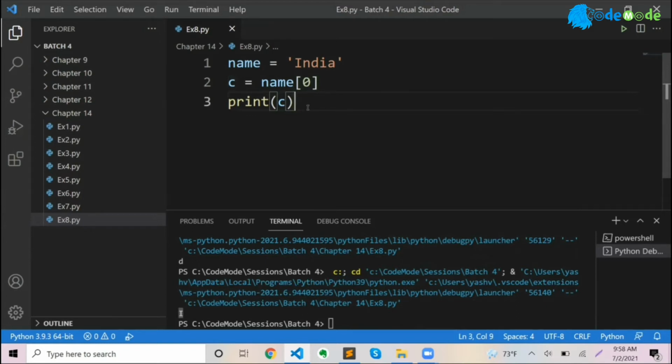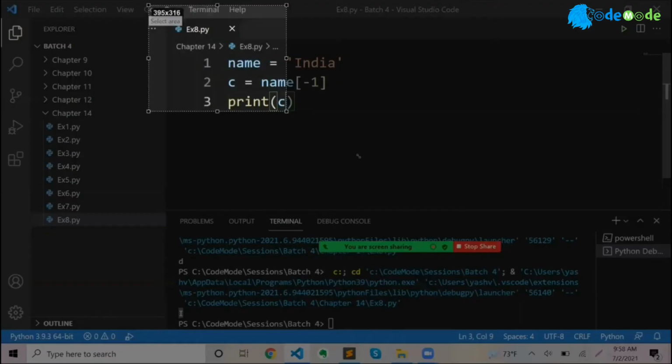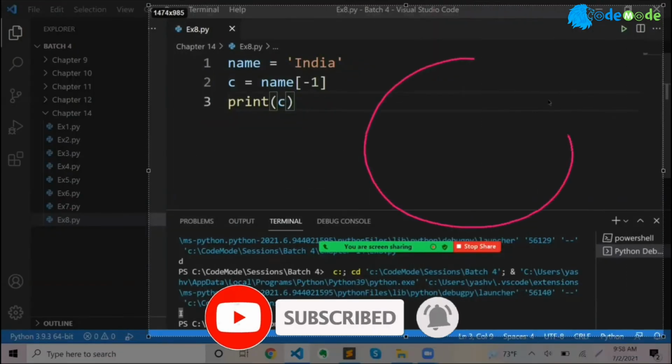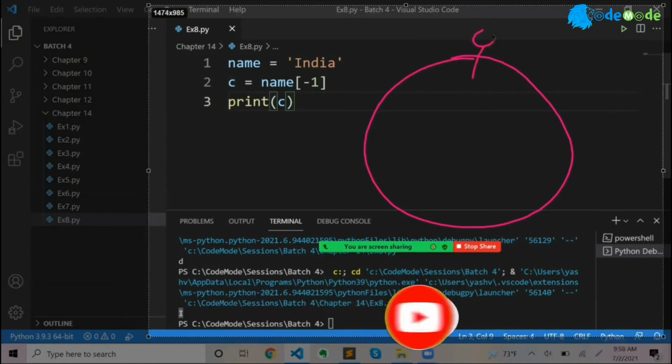I can also give a negative index. So let's say I say -1, what will happen? -1 is when you start from the right side. Think of this as a circle, and this is 0.